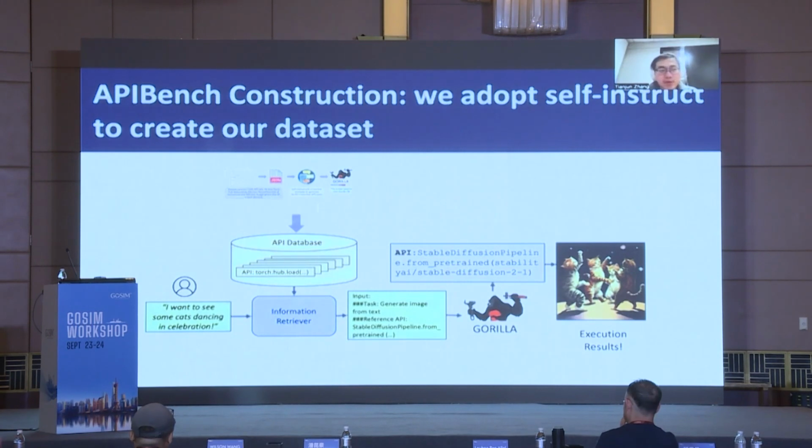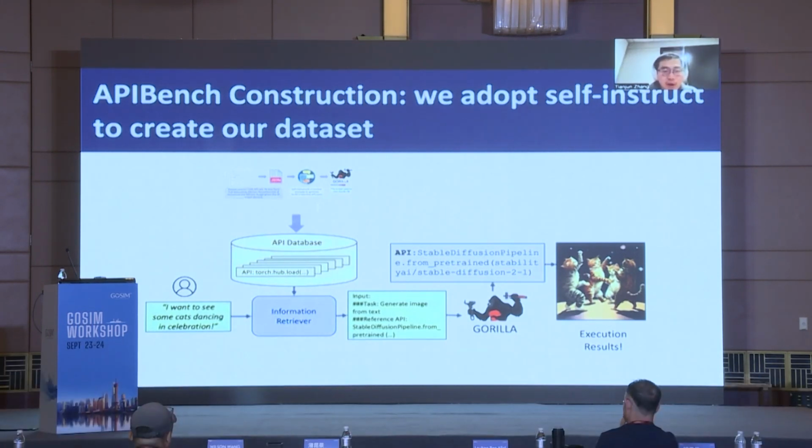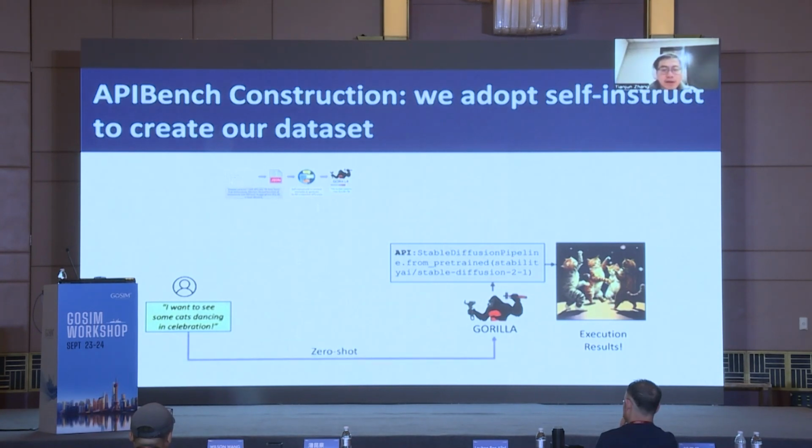Then the information retriever would have a very hard time retrieving whether it is ResNet-101 or ResNet-50 or a smaller ResNet. The zero-shot version, on the other hand, doesn't have this bottleneck. But whenever you want to update your API calls, you want to have new API calls, then you need to fine-tune the model again, which is also not great.